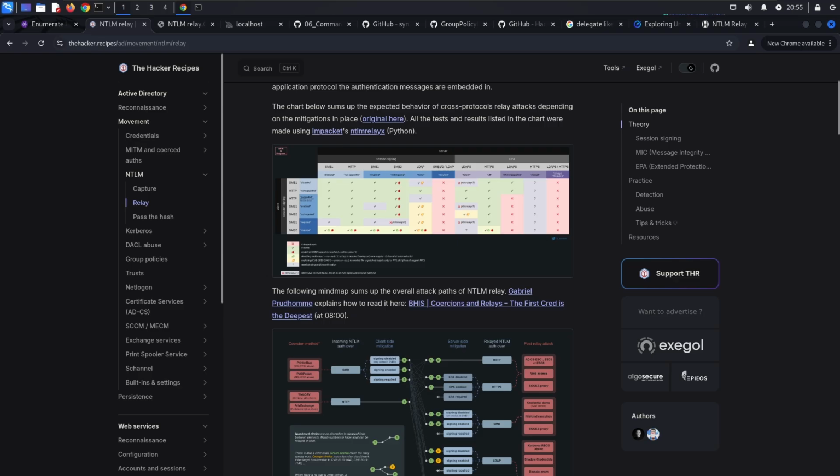Here we'll explore different NTLM relay options that can help you move laterally or escalate privileges during a penetration test or CTF, as well as talk about defenses against these types of attacks and what we need to do to prevent those. In the first video, we'll do a quick intro to NTLM relay attacks for those who are not familiar with it, and then we'll dive into how I can enumerate domain users via a relay attack when we have no prior credentials and are only able to relay credentials, so a standard domain user to